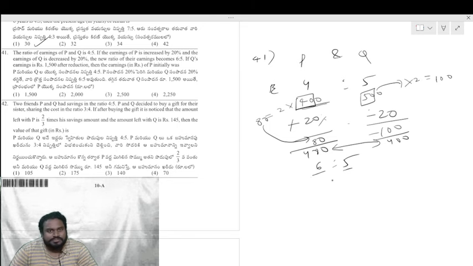What he is saying, if you take the ratio for this, it will become 6 is to 5. If Q's earning is rupees 1500 after reduction. So 5 parts is 1500. Q's earning is 1500 after reduction. So the earning of P initially was,